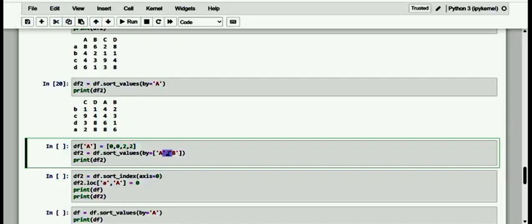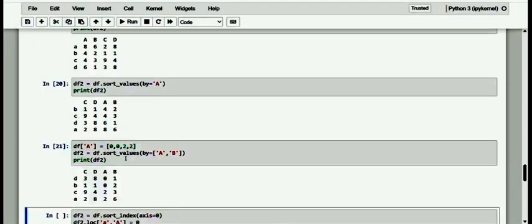Let me have a note of it here. I want to make one for A and another for B. Kindly have a note of it, dear friends. The B, which is not in order now, I want to make it ascending.